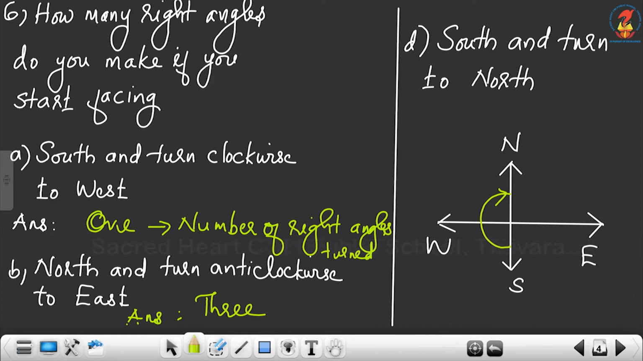The angle turned is a straight angle. And in a straight angle, how many right angles are there? 2 right angles. So the number of right angles turned is equal to 2. So here we turned in the clockwise direction. Suppose we are moving in the anti-clockwise direction,